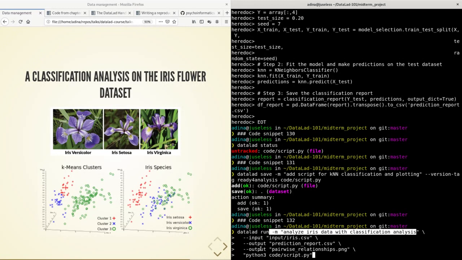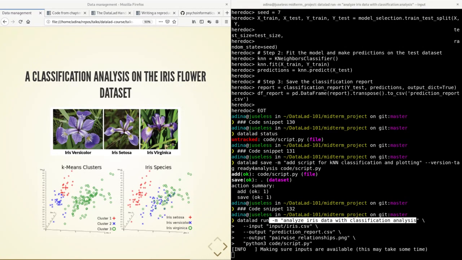And the last thing I'm giving to this command, which is the only required argument that this command has, is the command that I want to execute. So I could run Python 3 code script pipe to execute my analysis, but here I'm wrapping it into DataLad run to have DataLad run take care of the provenance capture of everything. So if I run all of that,